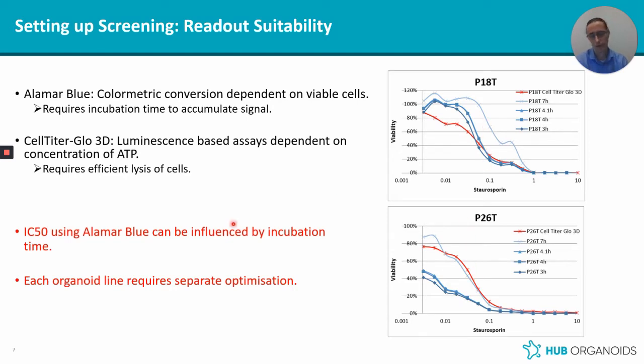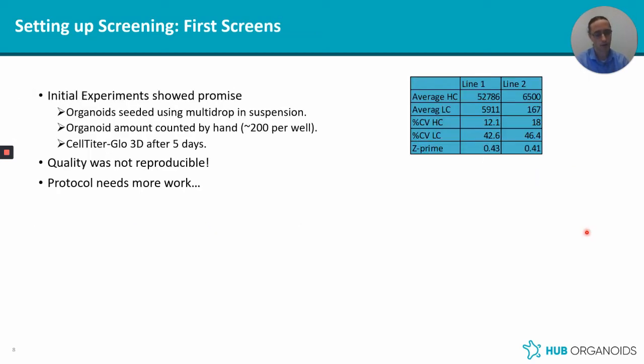That said, the IC50 can really depend on the incubation time when using Alamar Blue, and each organoid line probably requires separate optimization. So within the hub, we decided to move forward with CellTiter-Glo. When we did the first experiment, seeding organoids using a multidrop and a 5% Matrigel suspension and adding 200 organoids per well, and measuring after 5 days, the initial experiment looked quite okay with Z primes of 0.4